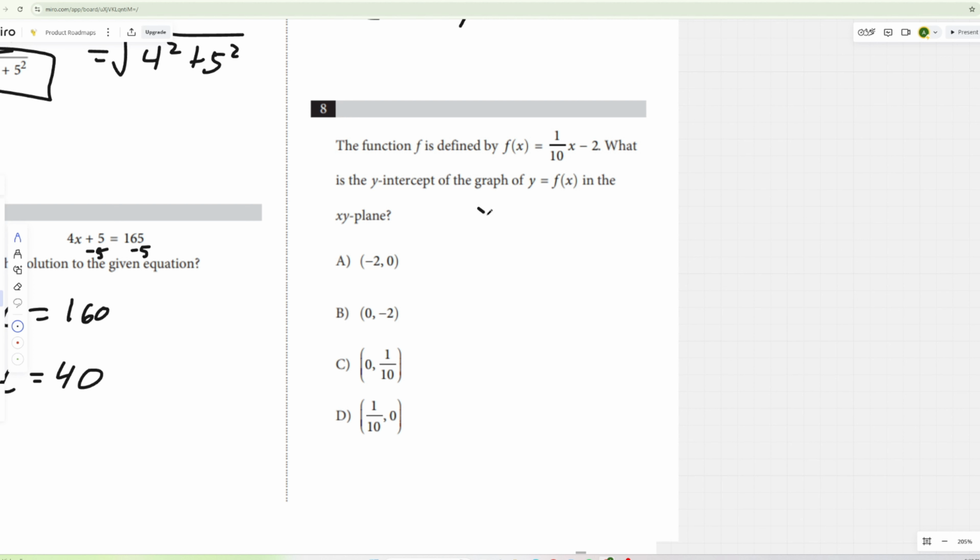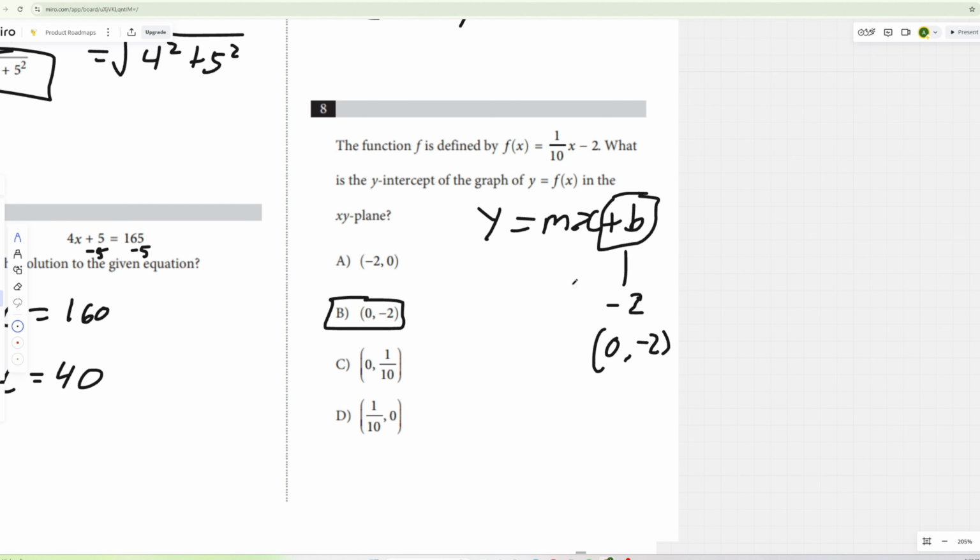First, you can recognize this is a y equals mx plus b format. So we immediately know that b is the y-intercept, and b in this case is -2. So the y-intercept is 0, -2, which gives us b. But if you forget this or you don't know this,